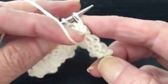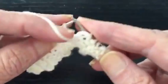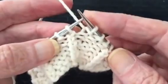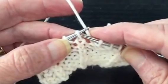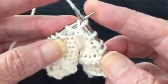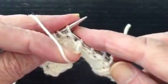I pull the yarn taut between a knit and a purl. That keeps ladders from forming between the knits and the purls. Here we go again. Instead of knitting through the front, we're going to just take the needle down through the back leg and knit it through the back leg, through the back loop. Pull the yarn taut, purl,